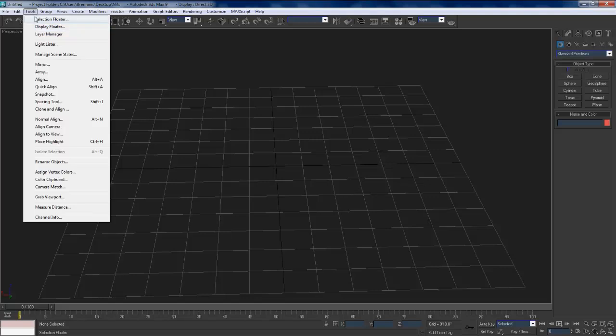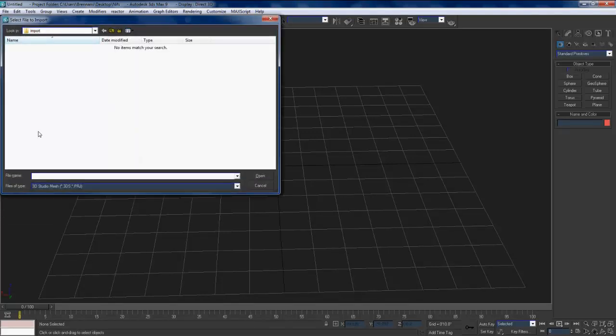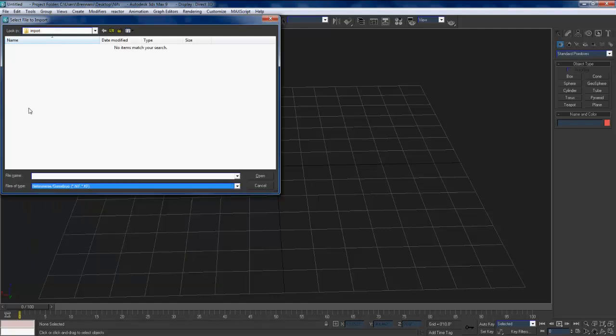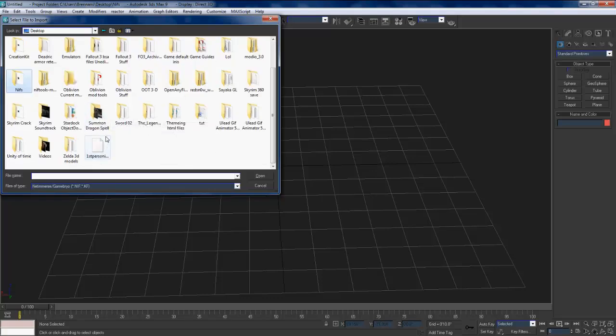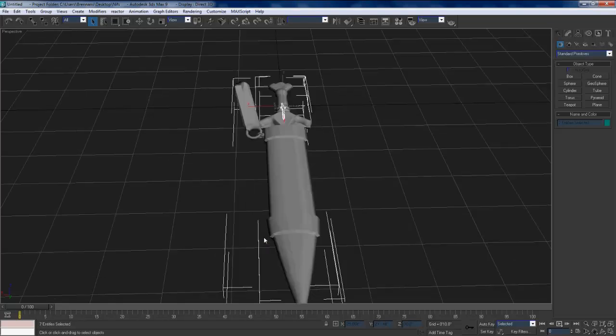So once you have the script files or whatever installed, go to import, file import, go to the Gamebryo option, and I'm just gonna do this, and then it will say Skyrim. You don't really need the collision, you don't really need anything in animation, but just leave it like this. Alright,